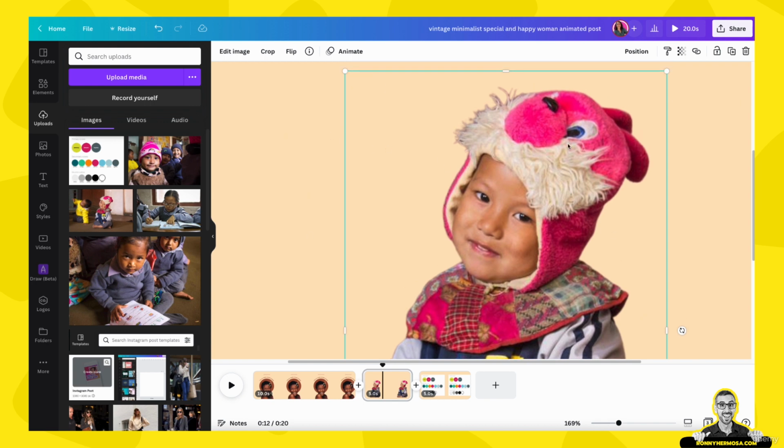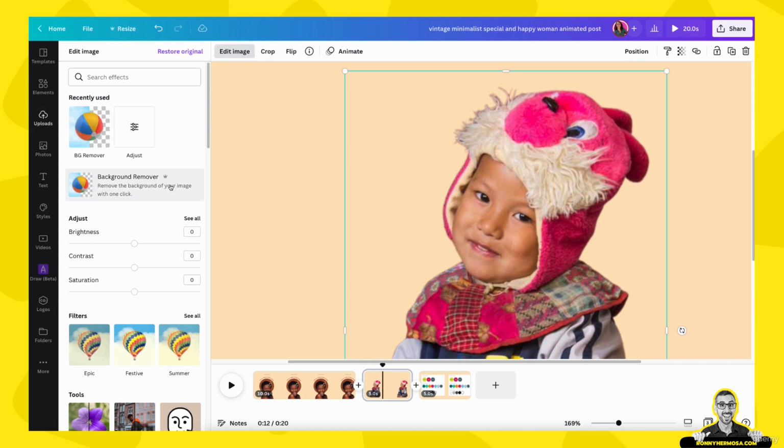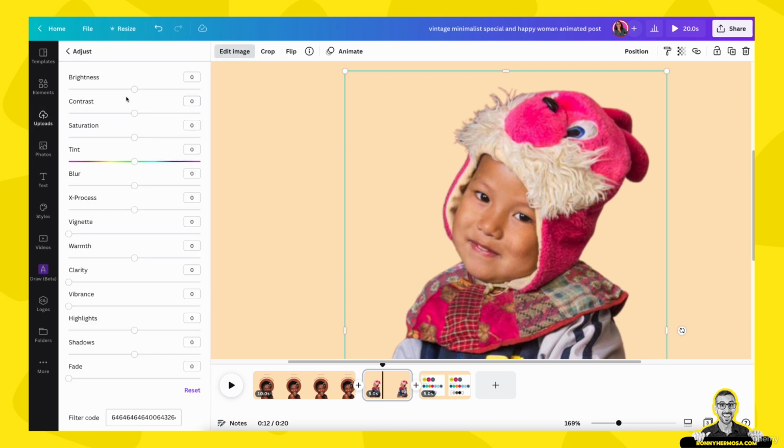So with the photo selected, I can click on Edit Image, and I'm going to play with my adjustments here. So I'm going to click on See All. I don't think I need to mess with the brightness, contrast, and all of this. All I want to do is to make this photo a little bit sharper. So maybe I can do this by reducing the blur